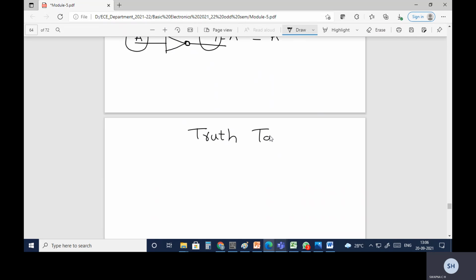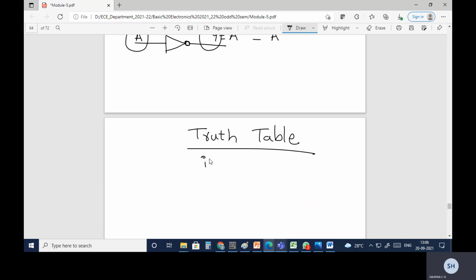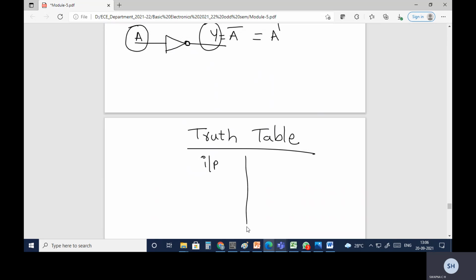It will give the relationship between input and output. Input, I have only one variable, which is A, and output, again I have only one variable, which is Y.